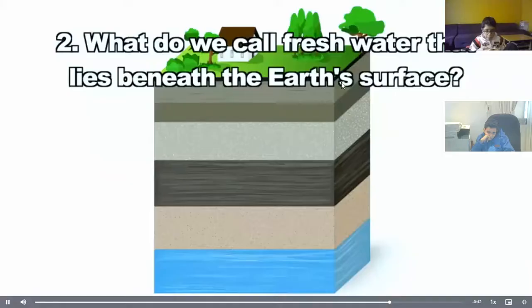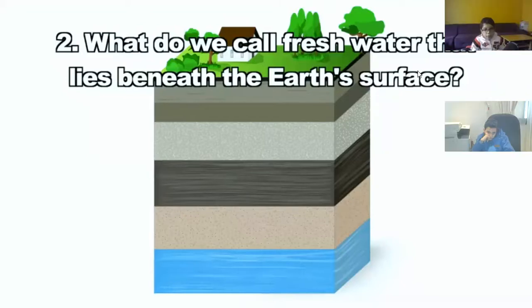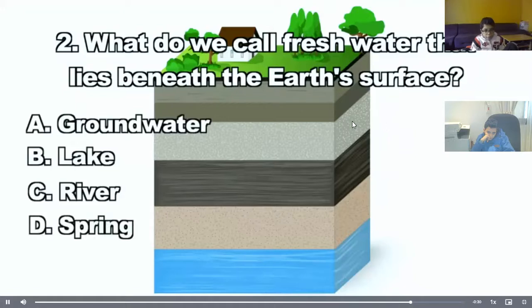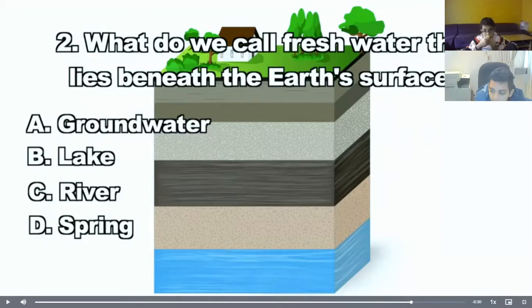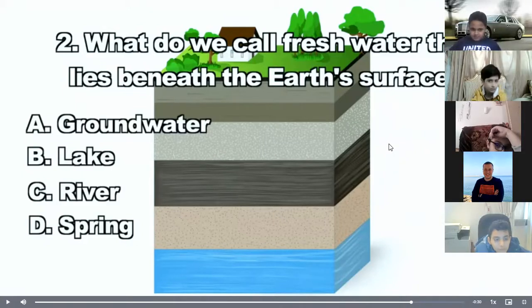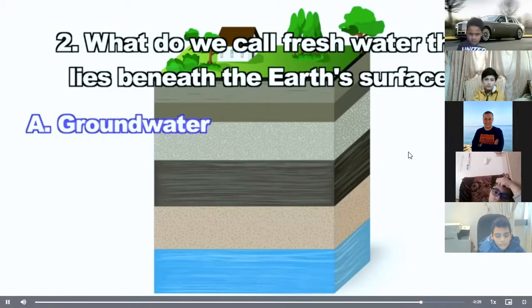Question 2. What do we call fresh water that lies beneath the Earth's surface? A. Groundwater. B. Lake. C. River. D. Spring. Okay, Saleh. The water that lies beneath the Earth's surface. Groundwater. Excellent. Thank you. If you answered A, you know that groundwater is fresh water that lies beneath the Earth's